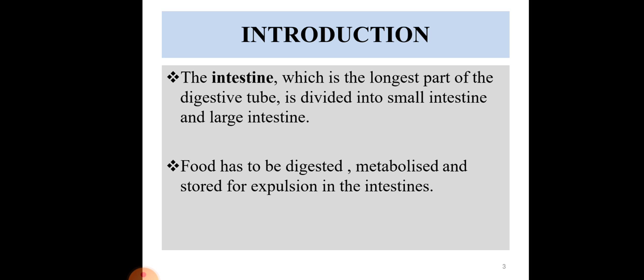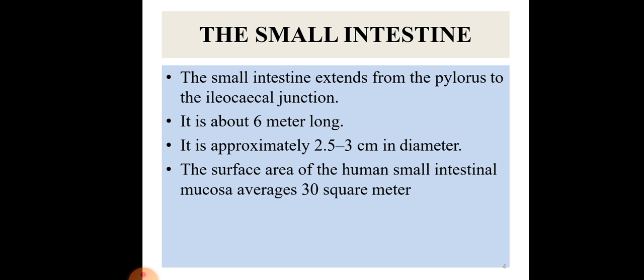The intestine, which is the longest part of the digestive tube, is divided into small and large intestine. Food has to be digested, metabolized and stored for expulsion into the intestines. The small intestine extends from the pylorus to the ileocecal junction. It is about 6 meters long. It is approximately 2.5 to 3 centimeters in diameter, and the surface area of the human small intestine mucosa averages